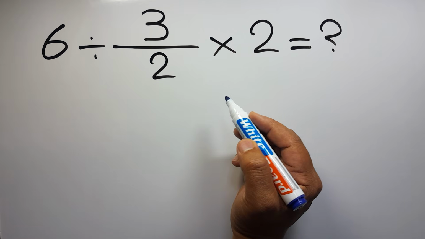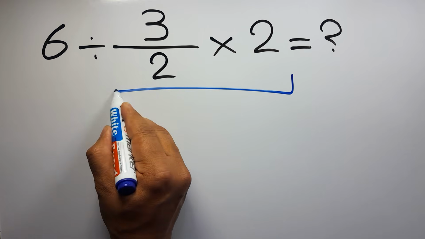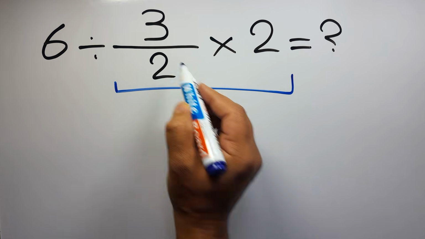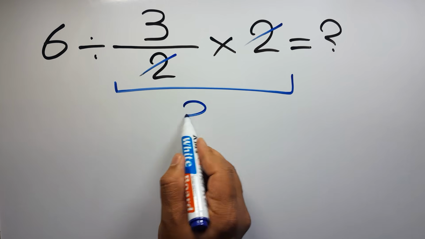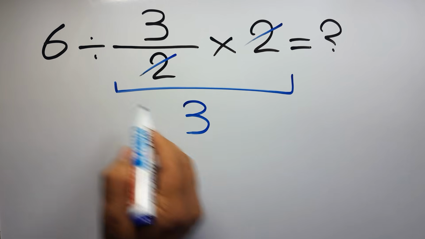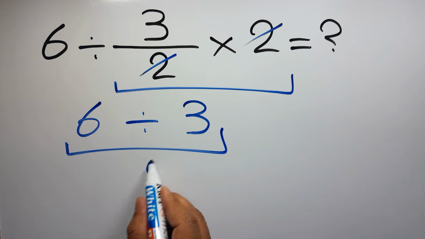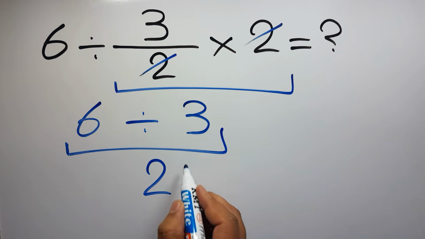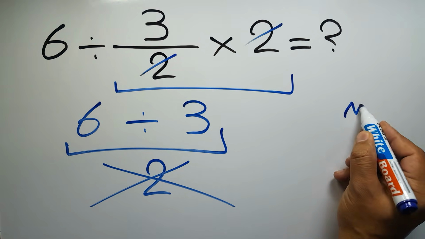First, we do this multiplication, 3 over 2 times 2. We can easily cancel this 2 and this 2. So here we have just 3. And 6 divided by 3 equals 2. But this answer is not correct because according to the order of operations, multiplication and division have equal